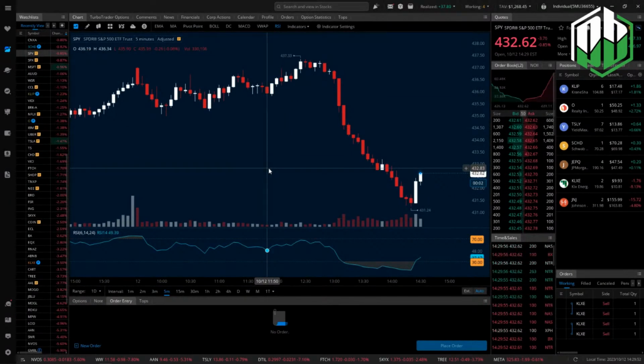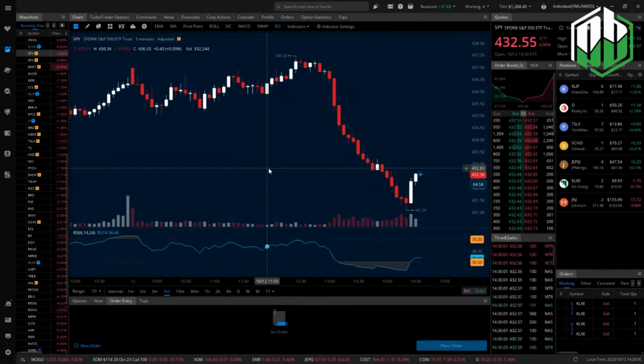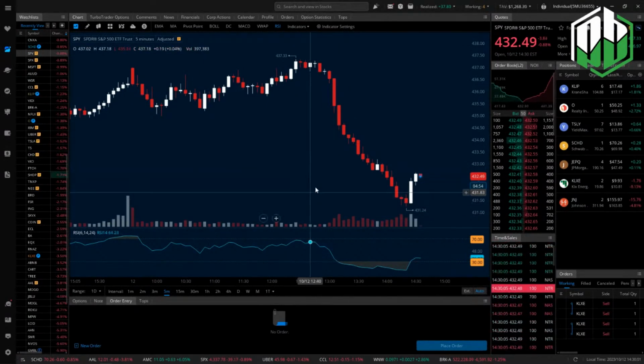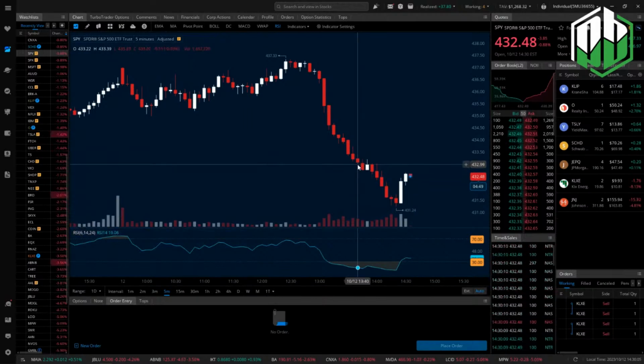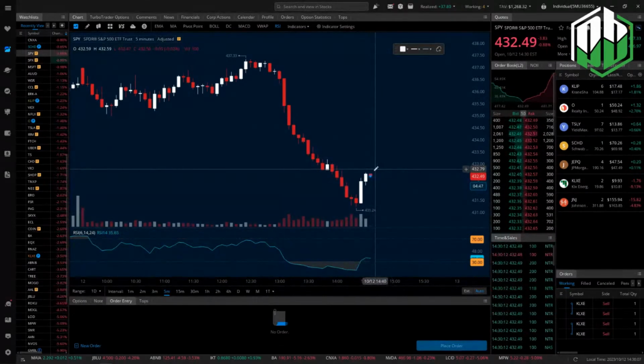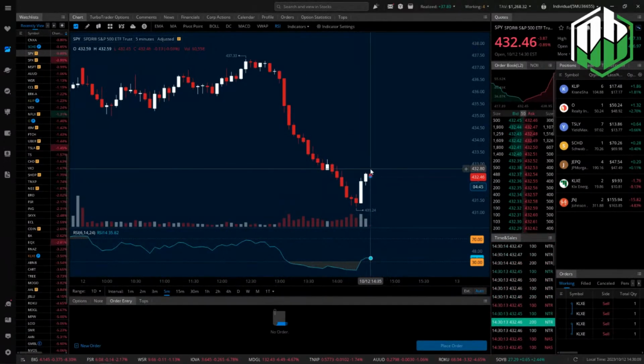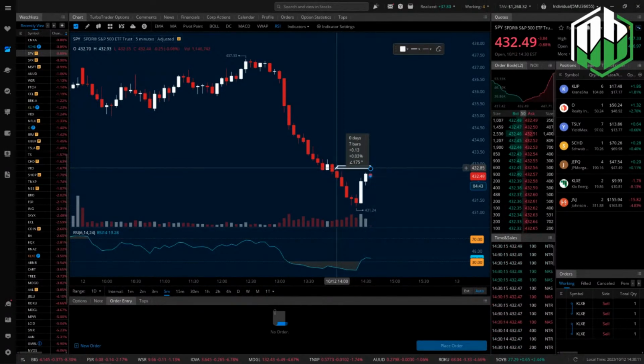So the RSI is a slightly different formula, right? It's bound, meaning that it can't go below 0 or over 100. It's a momentum oscillator, and it shows a ratio. In this case, the default setting is 14. So all it's going to do is look at the most recent 14 candles,